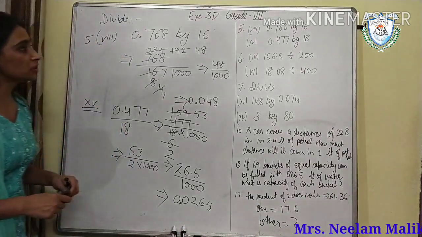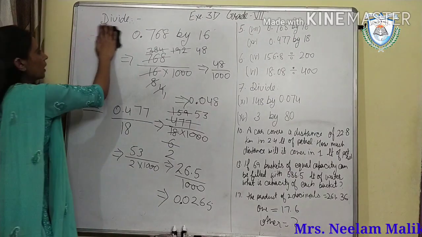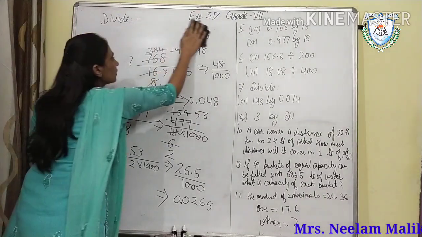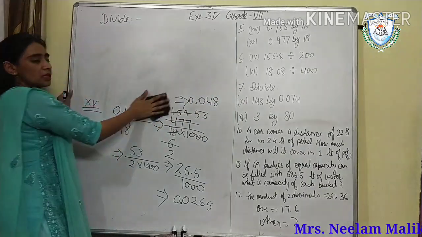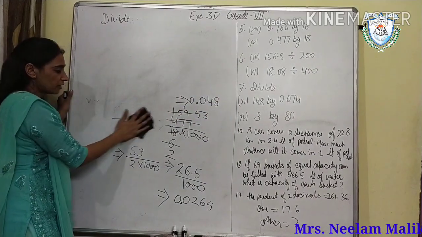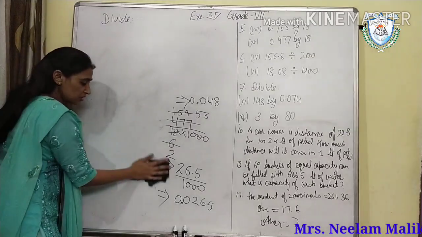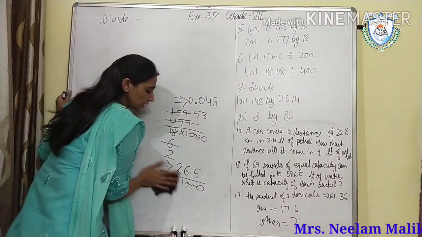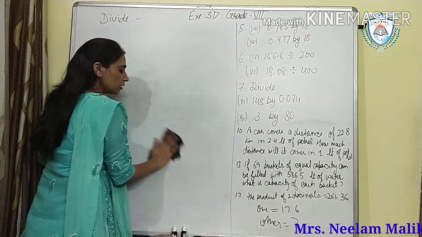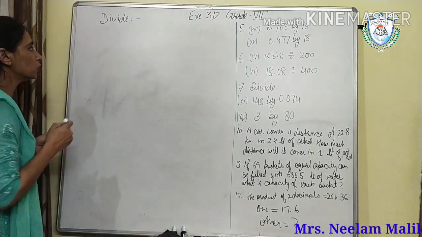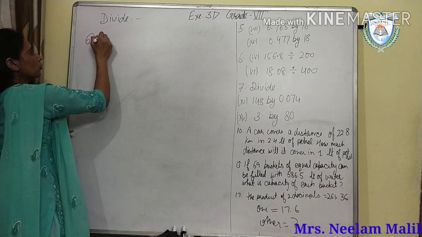In question number 6, what do we have to do? We have to divide the given numbers by numbers like 200, 100, 500, 600, 40, 60, which are multiples of 10. Multiples of 10 are given there. Okay. So what will we do there? For question number 6, this is your fourth part.